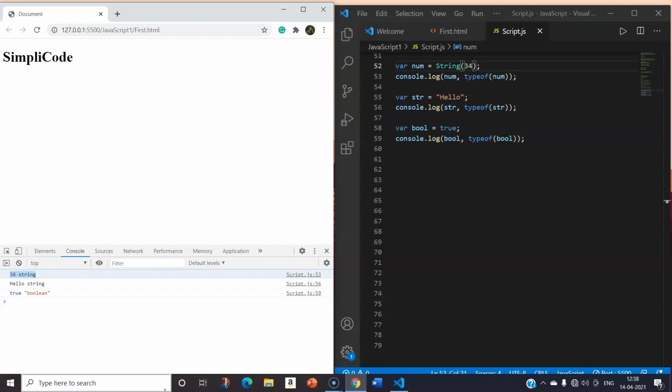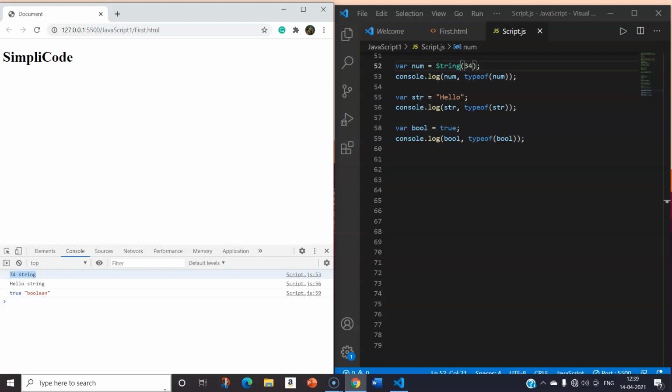Let's try to change a boolean value to a string now. Many of you get confused with boolean. So boolean is nothing. If something is true, then set it to true, and if something is not true, like if it's false, then set it to false. If we talk about a real life example, say if you know how to drive, create a variable drive and set it to true. And if you don't know how to drive, set the variable to false. That's pretty simple. That's what boolean is.